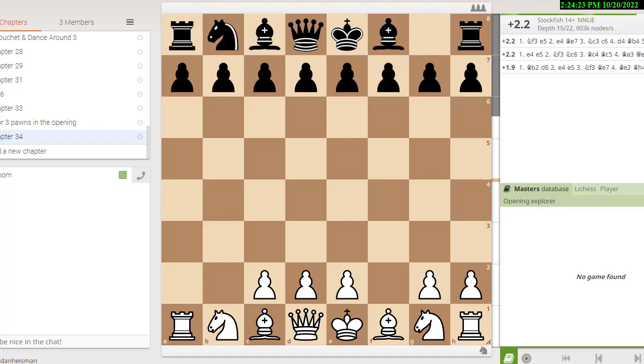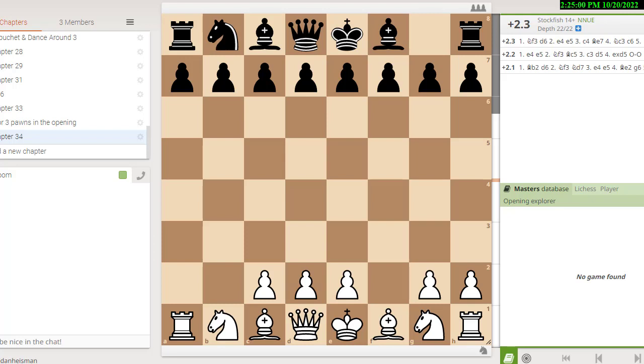Stockfish says white's about a pawn worse than he was before, but he's still way, way, way above the average advantage for white in the opening, which is 0.2. He's up at like 2.2, which means if both sides played perfectly, white would win every time. So even in this situation, which is slightly better for black than the previous situation, it's still gigantically good for white. And trading 3 pawns for the knight was not a fair trade. Winning the knight for the 3 pawns was tremendously advantageous for the person who won the knight.